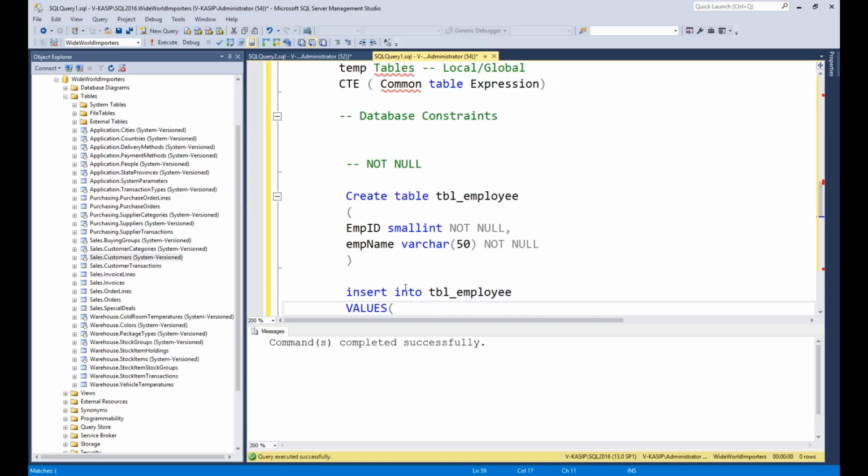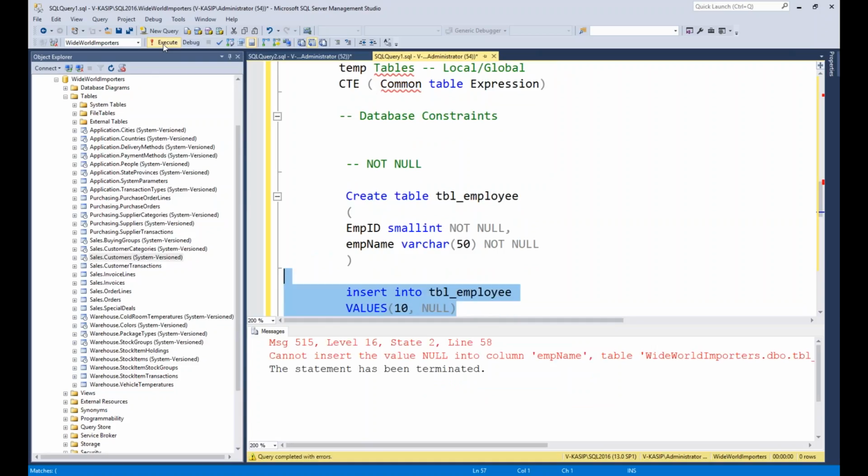I give employee ID 10, but the name I don't know, so I give null. It won't allow you to insert. Does it make sense? Are you guys able to follow? Yes. Okay, so that is the one thing.